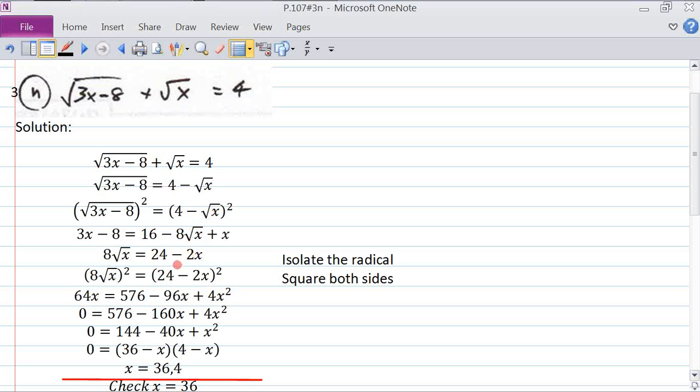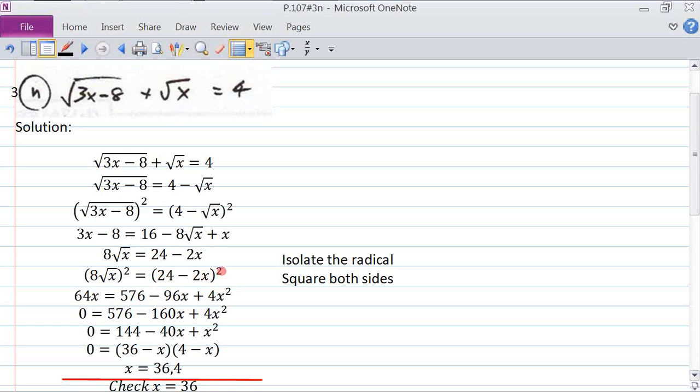So now what I'm going to do, isolate this, because this is the only one with a root. Isolate this on the left, and I'm going to bring the 3x over to this side, in which case 3x is going to be minus 3x. Minus 3x is going to be minus 2x. And the minus 8, bring it to the right side, I'm going to get plus 8. 16 plus 8 is 24. So now I've isolated the radical here. I'm going to square both sides